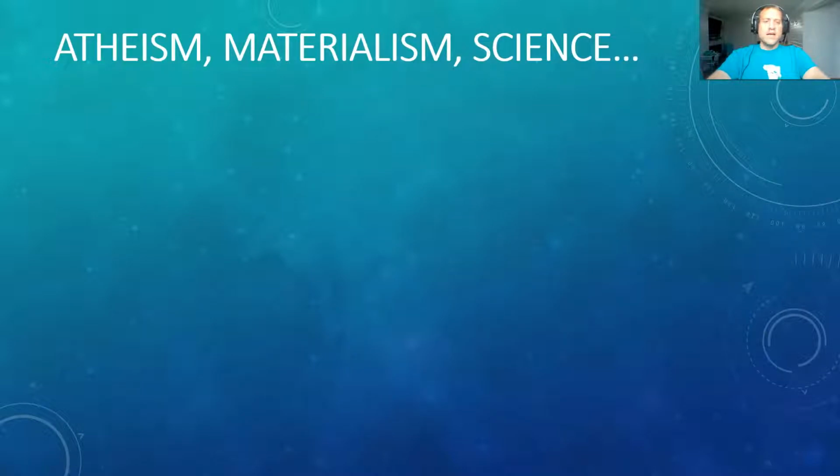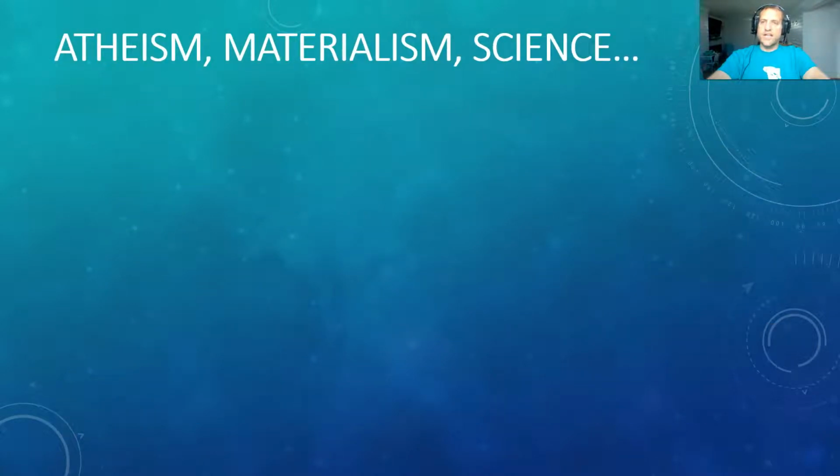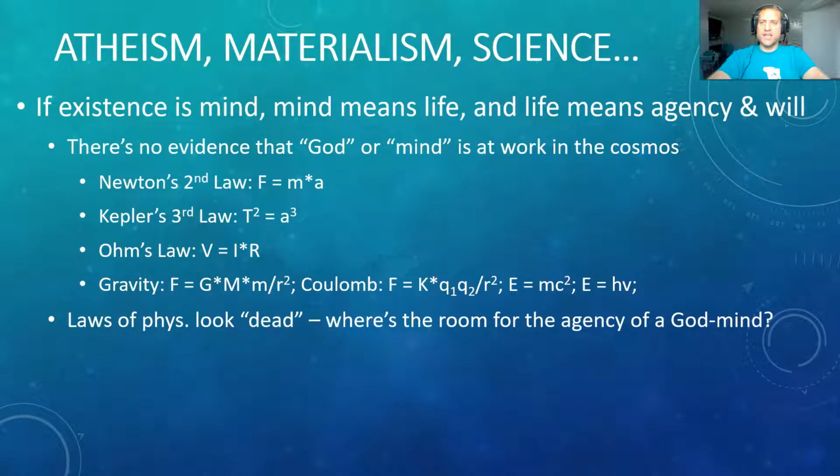So, as opposed to deism, illuminism, and idealism, you have atheism or materialism or modern science. So the question here in science, and it's perfectly legitimate for them to state this, is that if existence is mind, mind means life. And life means agency and will. But there's no evidence that such a process, such a being or such a property of existence is at work